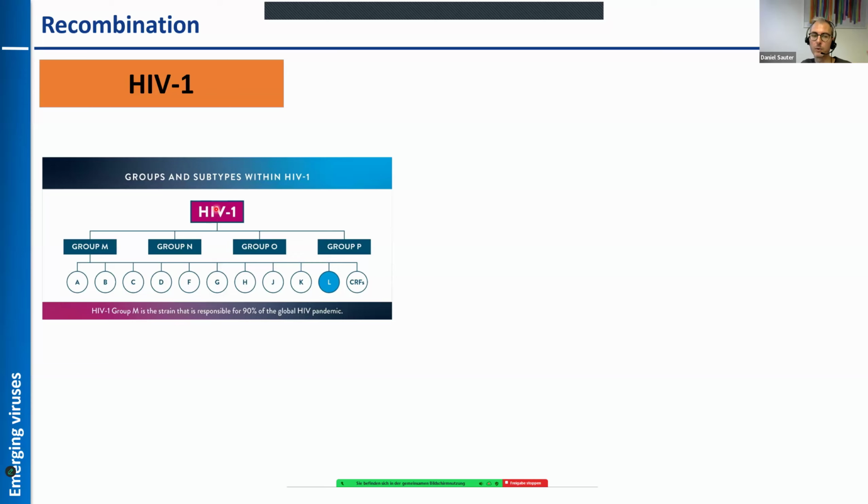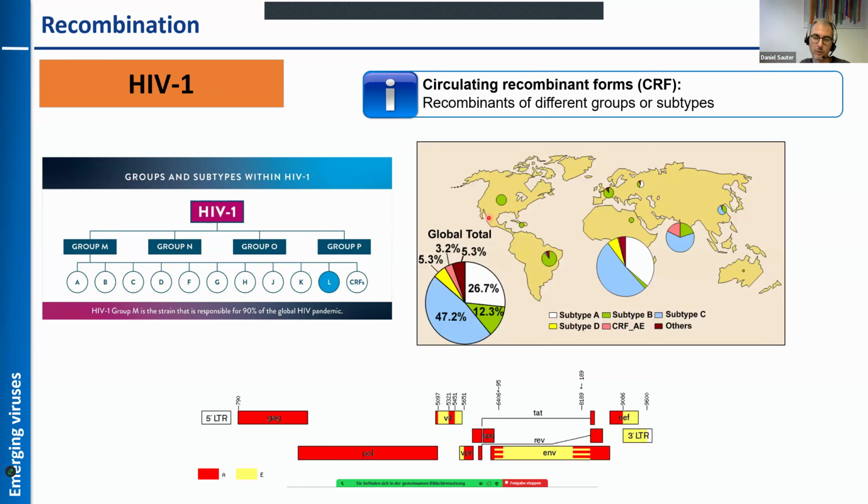There's HIV-1 and HIV-2, which are 2 different species, and HIV-1 can be subgrouped into different groups called M, N, O, and P, and M is the main group that can be further subclassified into different so-called subtypes or clades. If one individual is infected with different clades or groups, these can recombine